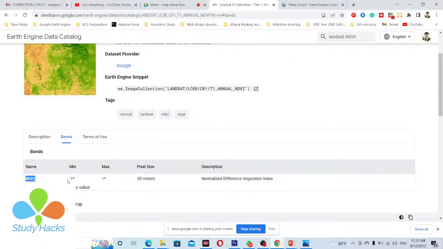Here you can see we can get the result in the range between -1 to +1. So in this time we don't need to use the reprojected scale value. But when you want to use MODIS data, the scale is not within the range of -1 to +1, so you must reproject it.